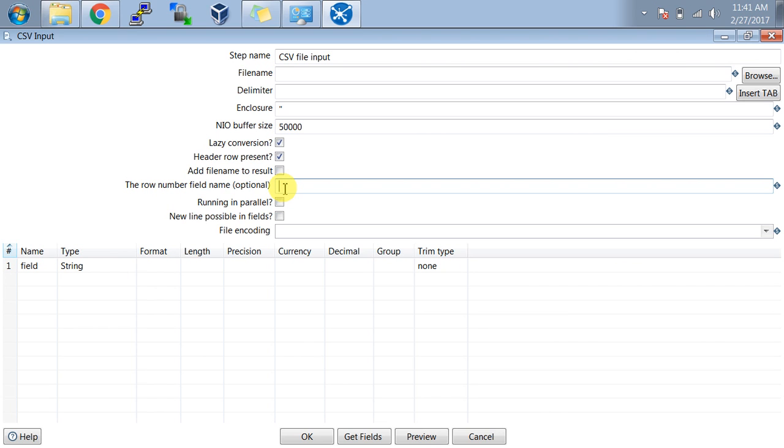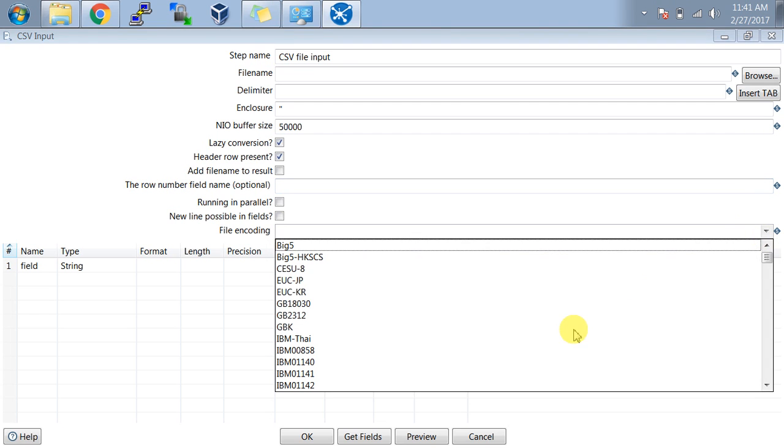And run in parallel: if you check this option, you will get parallel execution of your rows. New line possible in fields are rarely used options. File encoding, you can find a lot of options in this. Based on your file encoding, you can use different options.